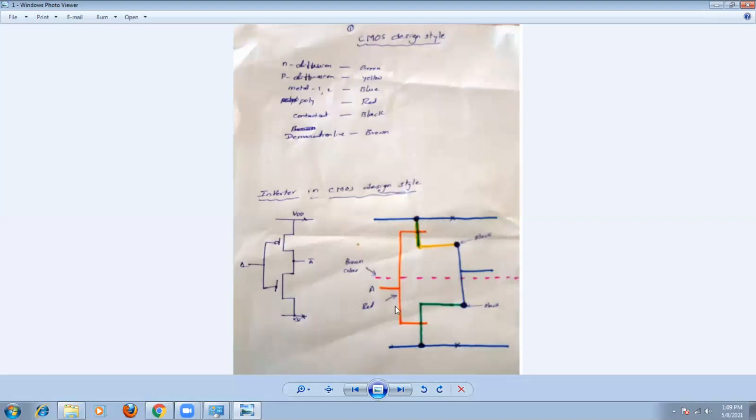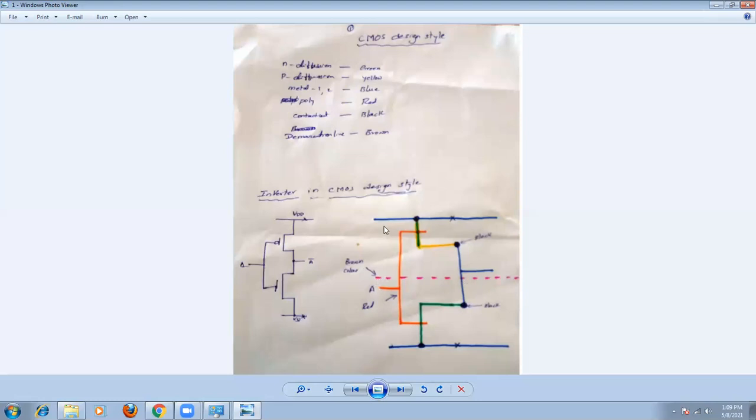And remember, I don't have the brown color here. Basically this is the brown color, but I'm not having it, that's why I use this color for the demarcation line. But it is better to use only brown color for the demarcation line in the examination. Don't confuse in this case. Now just observe here.